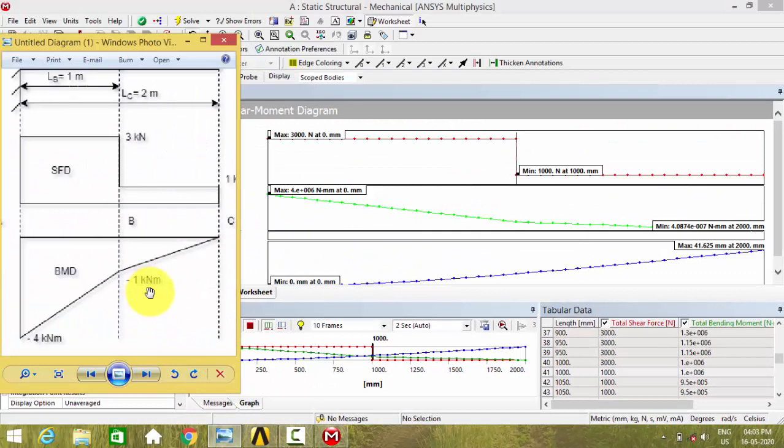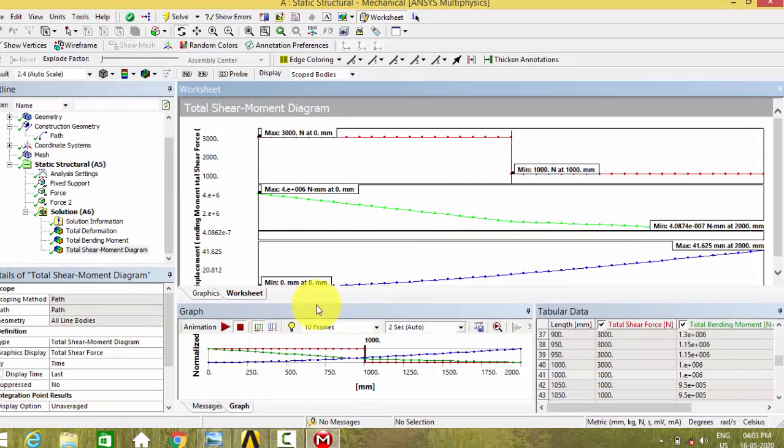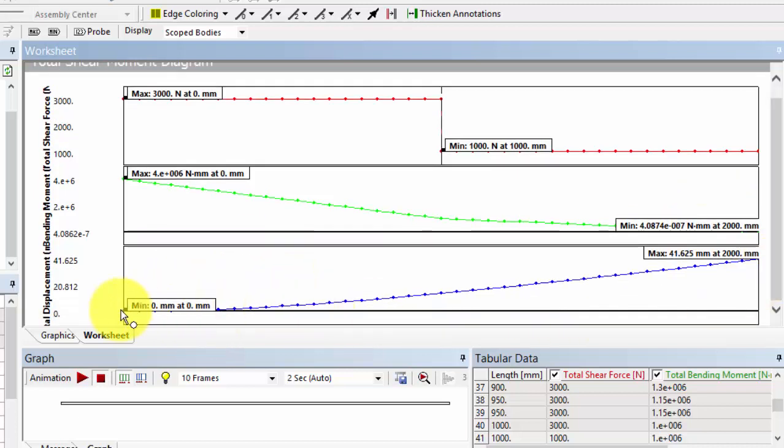So we have created the shear force diagram, bending moment diagram, as well as the displacement diagram. In the displacement diagram, we can see the minimum deflection is at the fixed end, and at the free end the maximum deflection is there, that is 41.62 millimeters displacement. Thank you. Hope this tutorial helps.